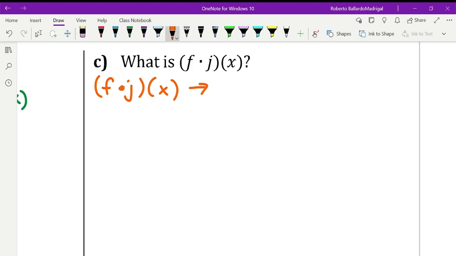F of x times j of x. Excellent. F of x times j of x. Okay. I do have to warn you, it's going to get messy. So